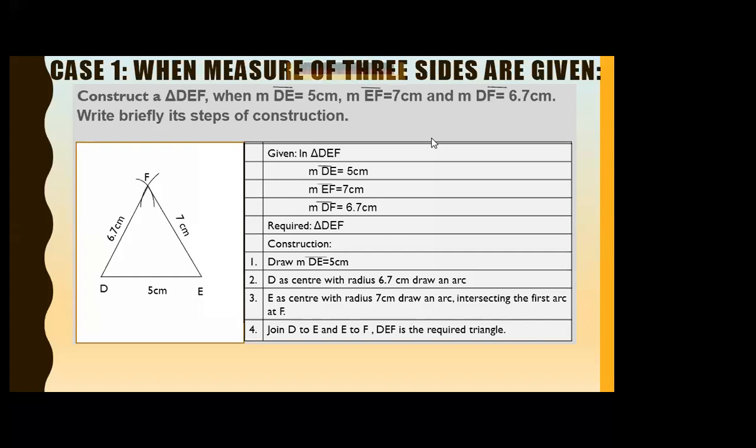You can take measurement EF in the base also. It doesn't matter. If you really want to draw the diagram like this, with EF equal to 7 centimeter, it's up to you. You can write EF is equal to 7 centimeter here. Then on F you want D, so DF is equal to 6.7, so you can make an arc of 6.7, and ED is equal to 5 centimeter, so you can draw an arc of 5 centimeter. Is it clear? Now it's clear, Sheroz. Let's continue.